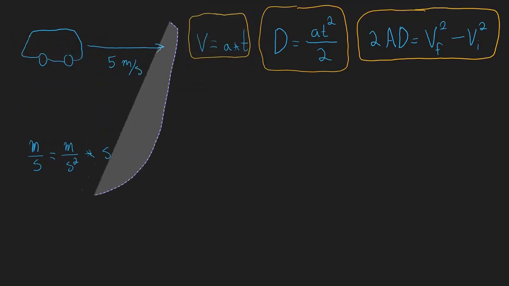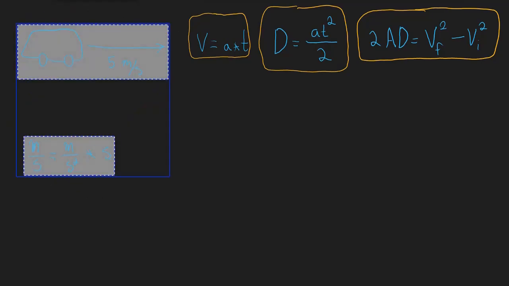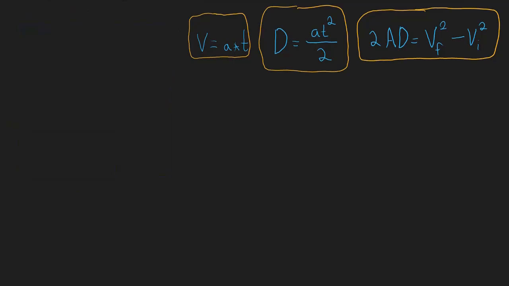Right, and then we can erase this stuff. All right, so let's do an example. Let's say we've got a ball. This is our ball. And let's say it's falling down,